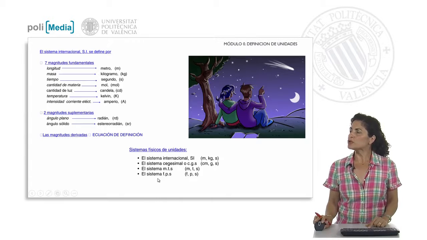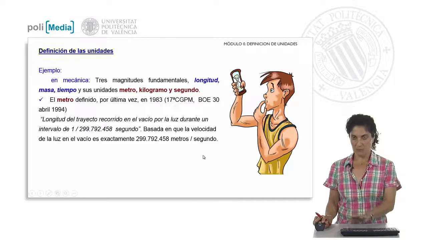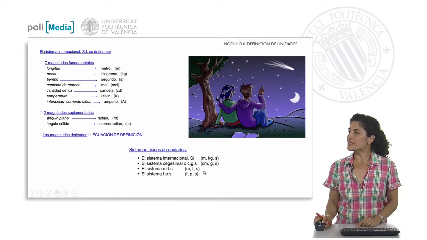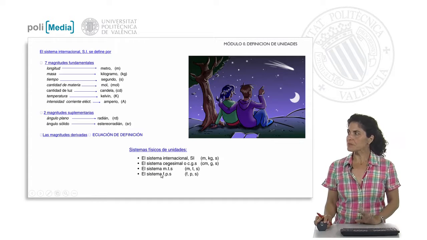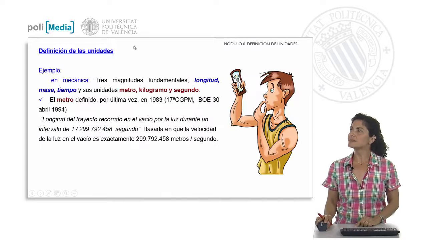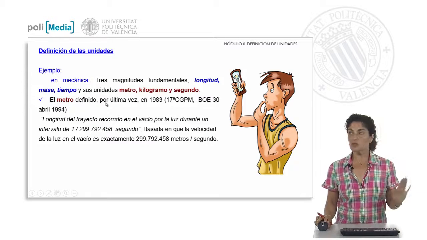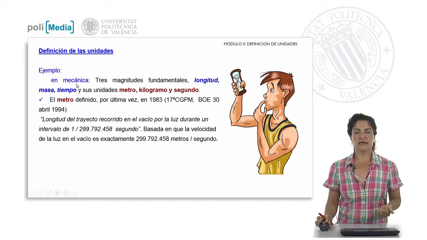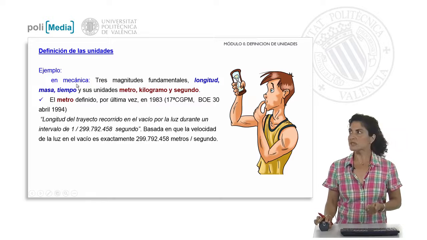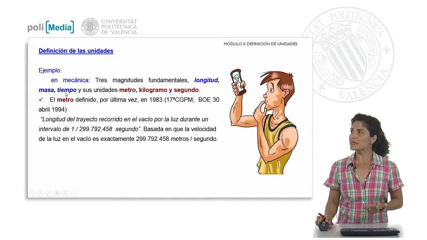And also, some examples with their own names of derived quantities and how the different physical systems appear according to the type of unit quantities that we choose for each of the systems of units with which we want to work. We are going to see an example of how we arrive at the final definition of one of the units we have. For instance, within the field of mechanics, among the physical quantities we have to work with, we have length, mass, and time. In the international system of units, these physical quantities are represented by the meter, kilogram, and